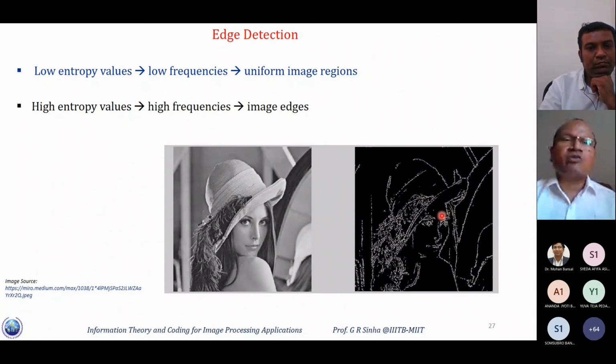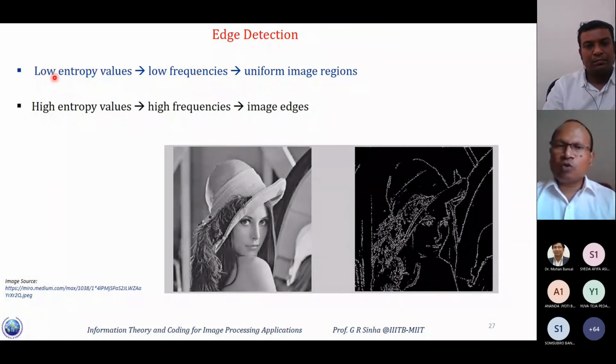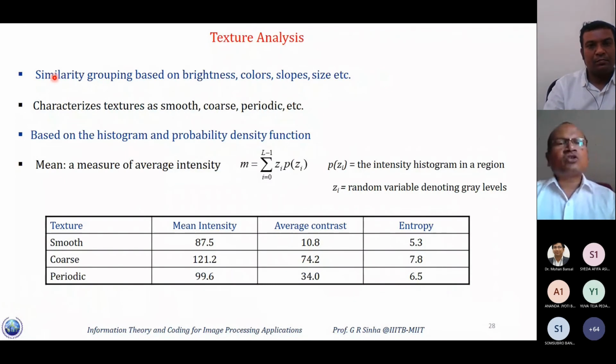And wherever there is more uniformity, those are called low frequency content, and they will have lower entropy values. So in texture analysis or edge detection, you can group them, because if a particular area has the same texture in terms of color, size or other parameters, you can group them and some redundancy can be